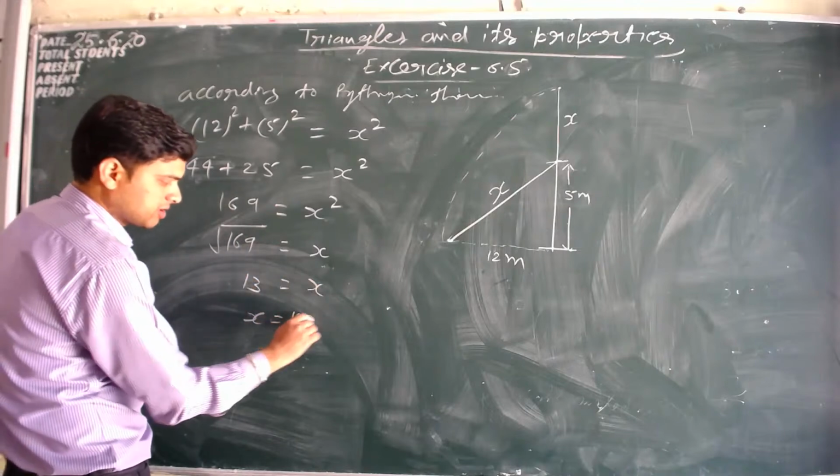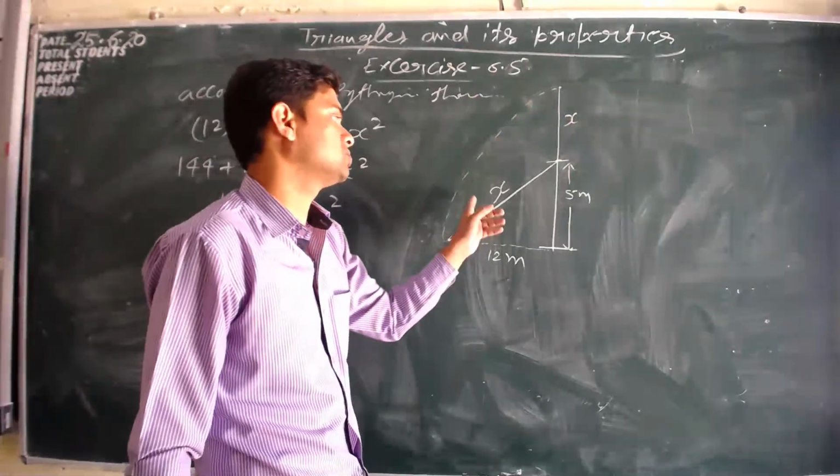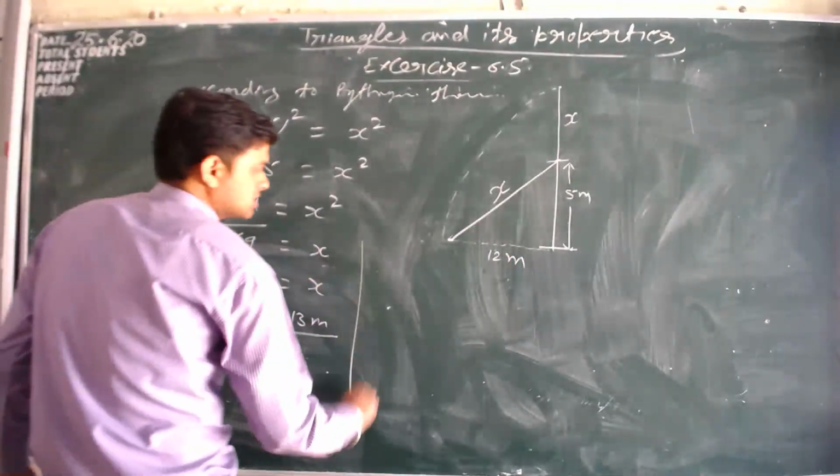ओके। इट मींस x is equal to 13 मीटर। ये इसकी ओरिजिनल हाइट नहीं है, ये सिर्फ इतना पार्ट है जो ये जमीन पे टच हुआ है, इतने पार्ट का वैल्यू है 13 मीटर। देन द हाइट ऑफ ट्री, सो द हाइट ऑफ